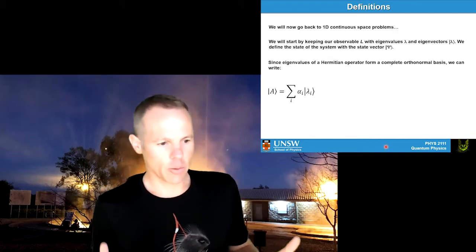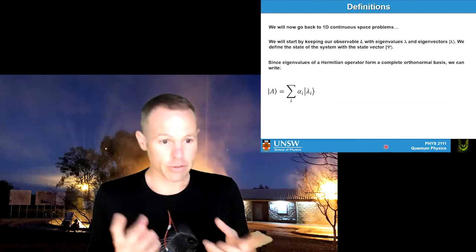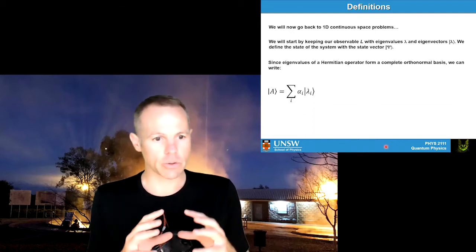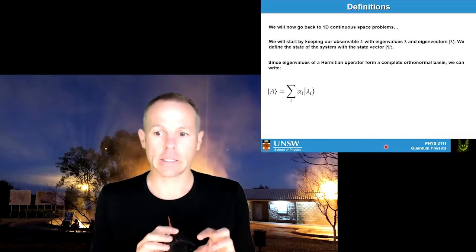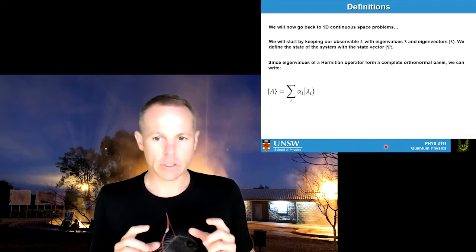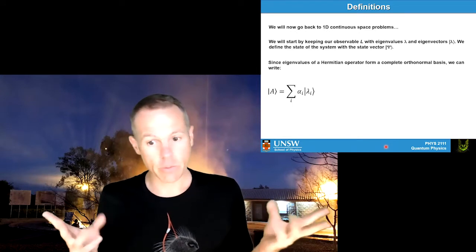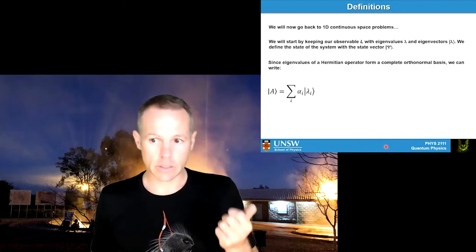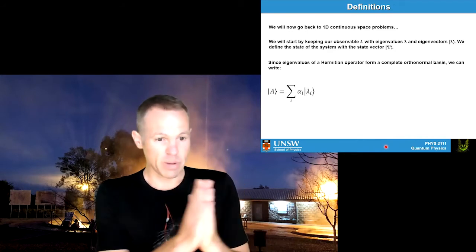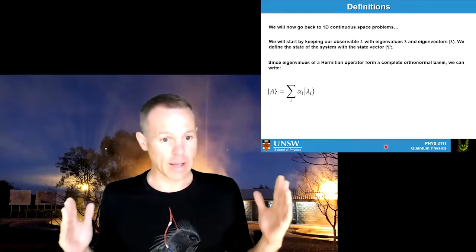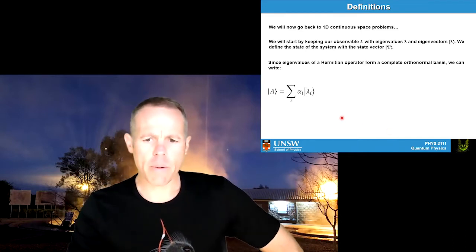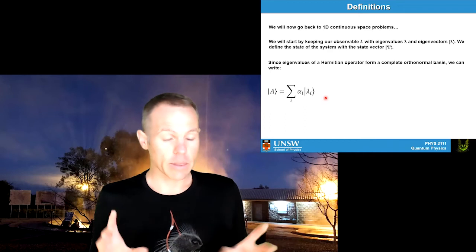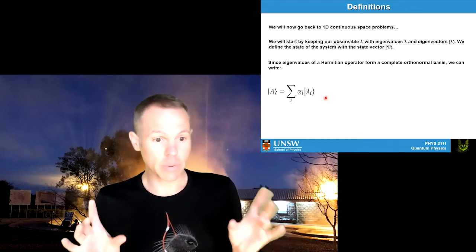Let's formalize this a little bit, because what I've done so far is really just wave my hands around and explain what's going on. To put this in a more mathematical context, we come back to our idea of some random observable, it doesn't matter what it is, L, that has eigenvalues lambda and eigenvectors lambda. We've been using this as a proxy for any particular observable so far. If you remember back to around lecture 4 or lecture 5, we showed a relation that we connected to completeness and the completeness relation.